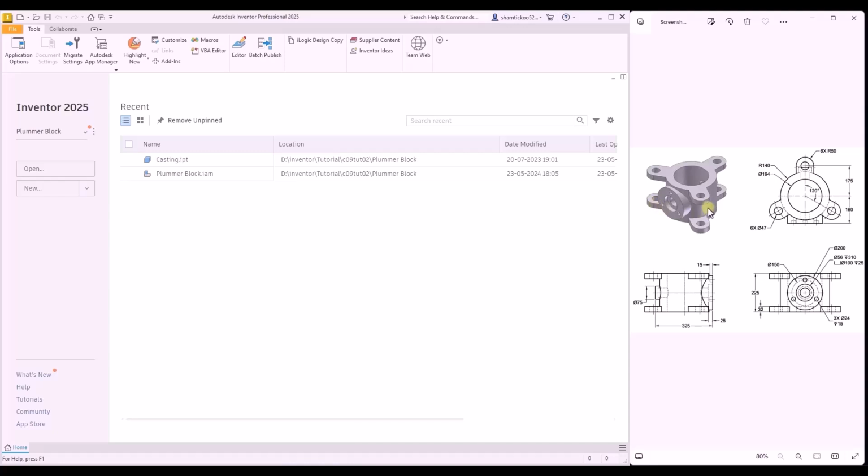First, we'll create the base feature on the XZ plane. Then, we will define two new offset work planes to create two cylindrical joint features on the cylindrical face of the base feature. And then, we will add counterbore hole and three smaller holes on the front face of the second feature. Then we will create curve sketch feature with a hole on the top face of the model, and